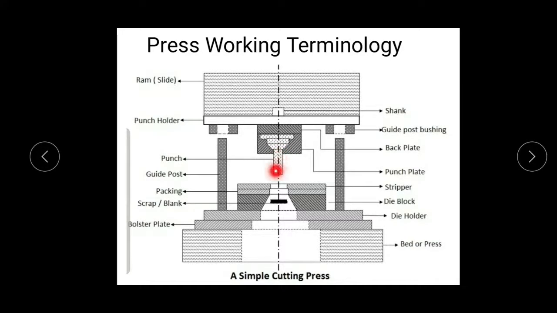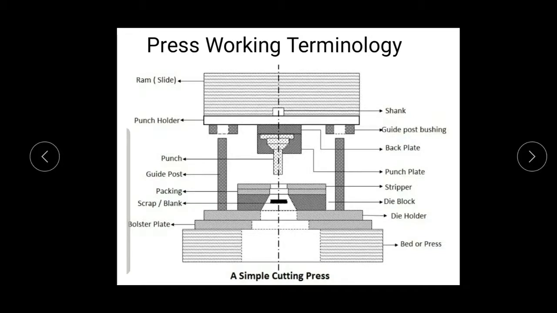Then this is a punch portion. So punch, this is the main component of die assembly which is directly or indirectly moved by press ram. As ram moves up and down, then it will move. So the punch is the main component of die assembly which is directly or indirectly moved by press ram or slide. The punch and die act together to make a stamped part or sheet metal press work.